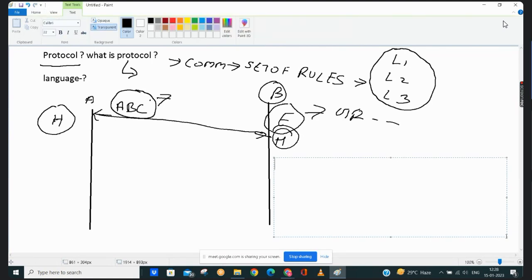Yes, correct. Okay. So 3GPP defines the protocol. And what is 3GPP? 3GPP is nothing but third generation partnership project. In this group, suppose I give an example based on our Indian organizations.